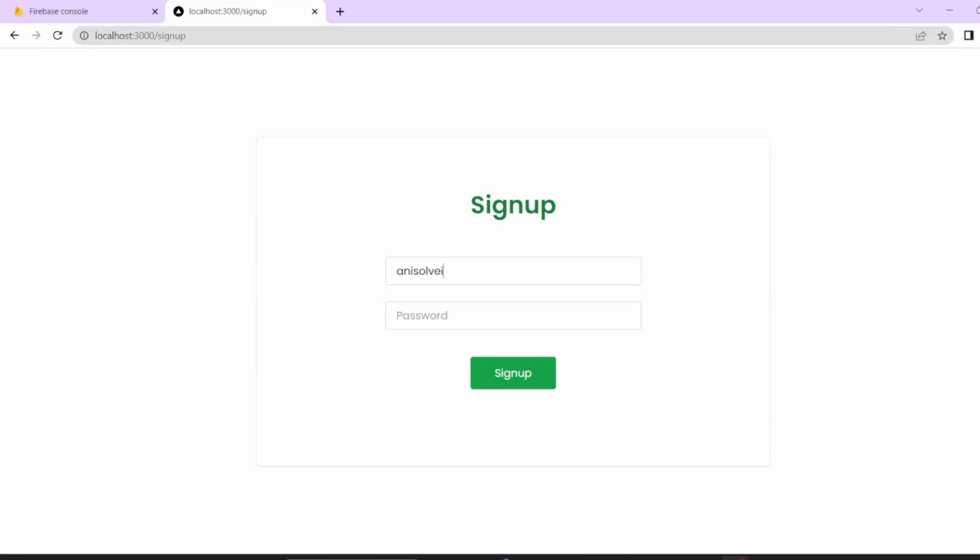It is anniesolveitout@gmail.com. Now make sure you give a valid email here because the email link will be sent to your Gmail account. Now this is the password. For the password you can give anything. There are no checks over here about that. So I've given my password and the email where the verification link will be sent, and then I'll click